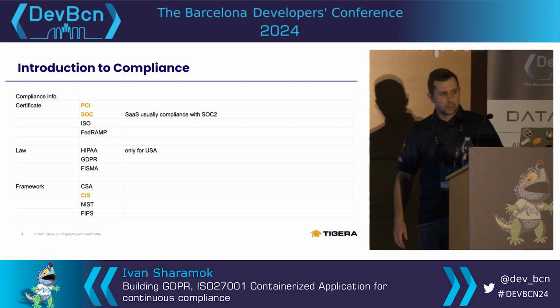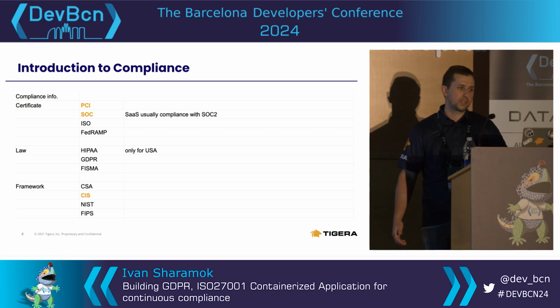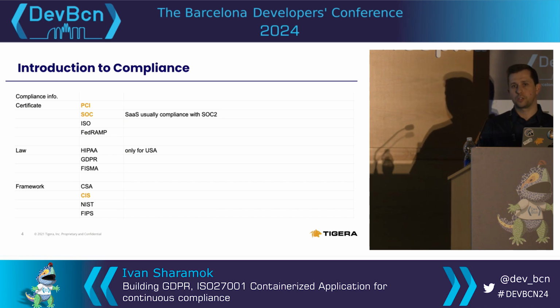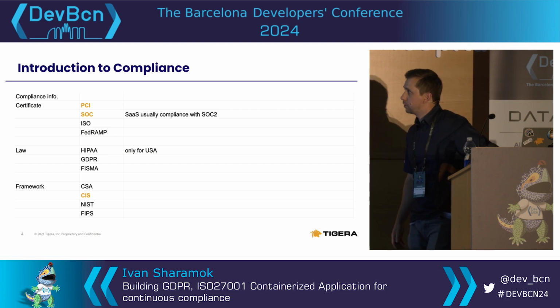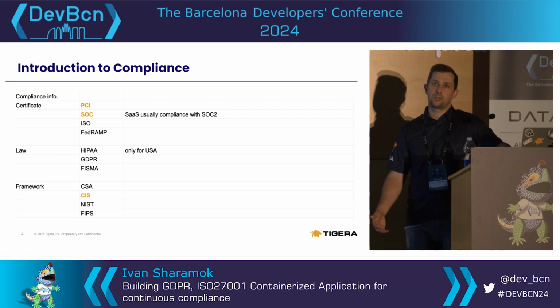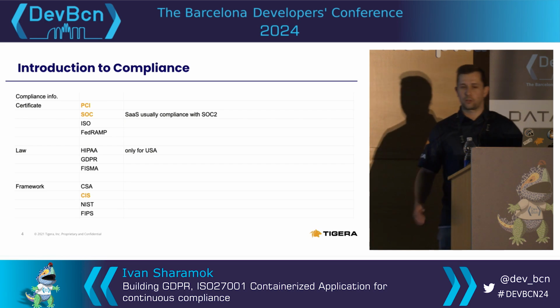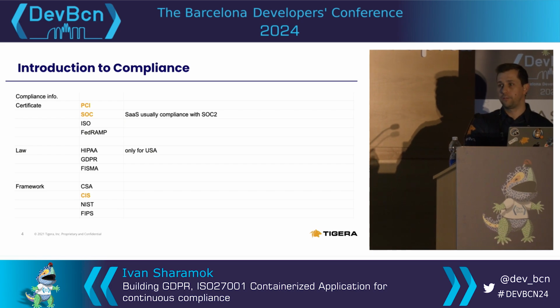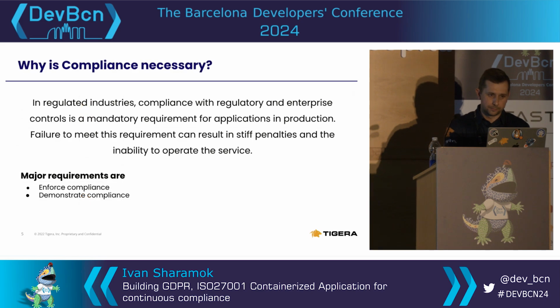Closer to the topic in terms of compliance, you can see some of the acronyms in there referring to compliance standards like PCI, SOC. Usually you would hear SOC 2, FedRAMP, HIPAA, GDPR that you all are probably familiar with. There is a bunch of different compliance standards, and each compliance standard has a set of controls that you need to implement. And then once you implement those controls, you need to prove that those controls were implemented correctly when the audit comes, so that they can verify that everything is up to that compliance standard.